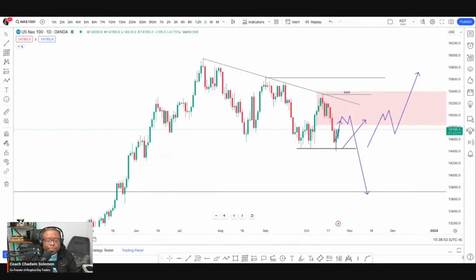At the moment, I am not being a swing trader. I'm just being an intraday trader. Because here's the problem with being a swing trader: you're exposing yourself to open market gap risk. In other words, at any given time, any morning, over the weekend or something like that, the market can gap up in either direction and you can be in trouble.